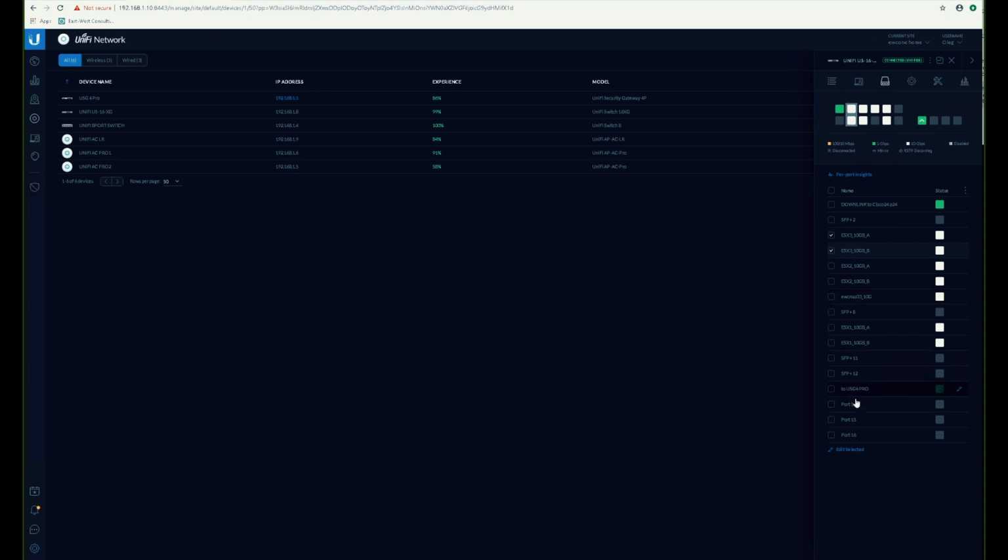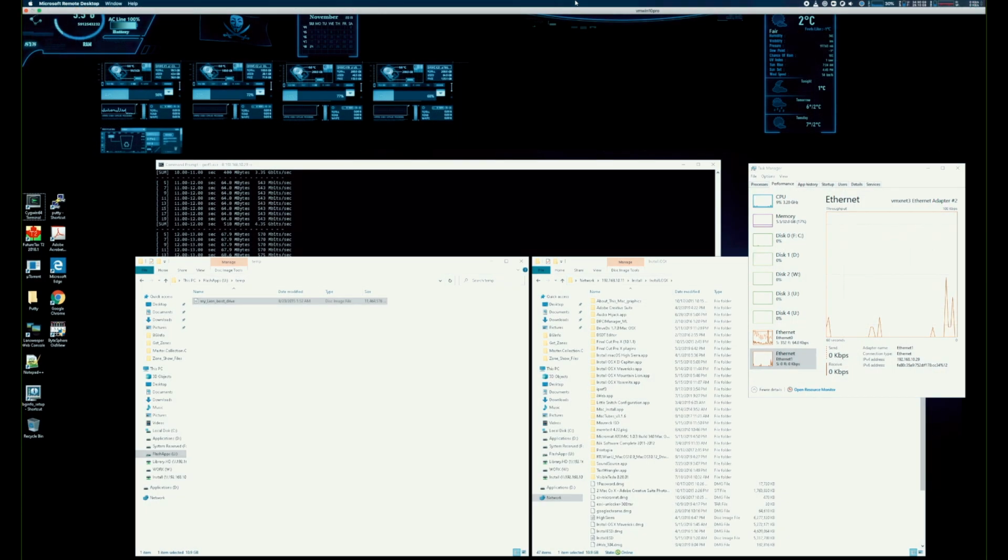As you can see, I still have some ports available for future expansions, but all of those ports, which are primary ESX ports and also Synology NAS, are all connected to 10 gig. So let's go back to the...